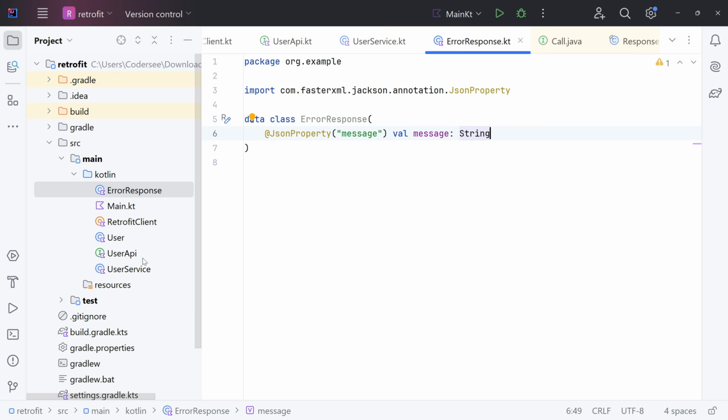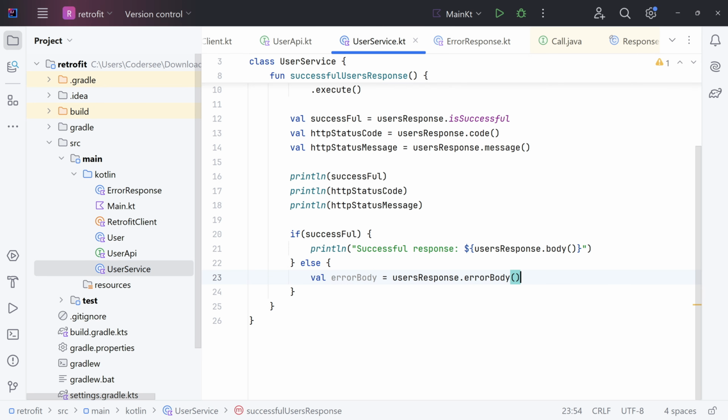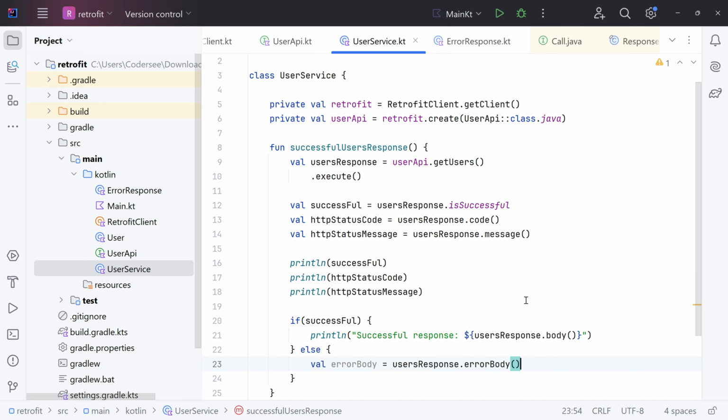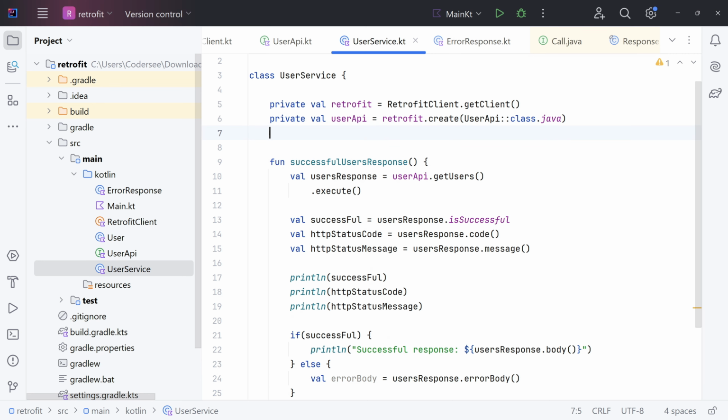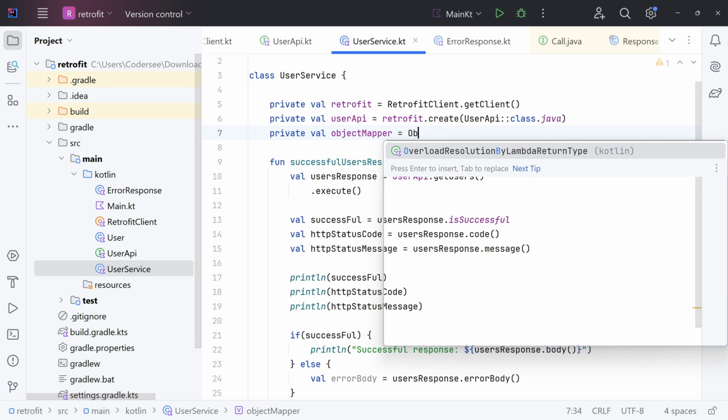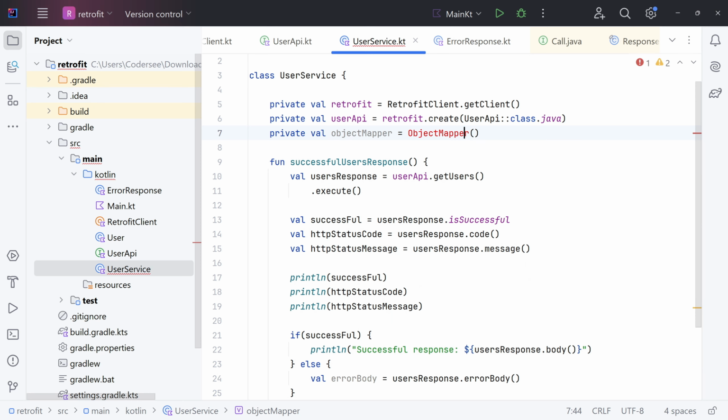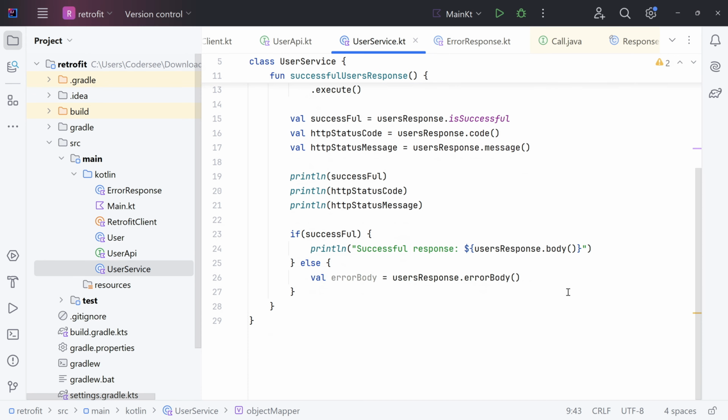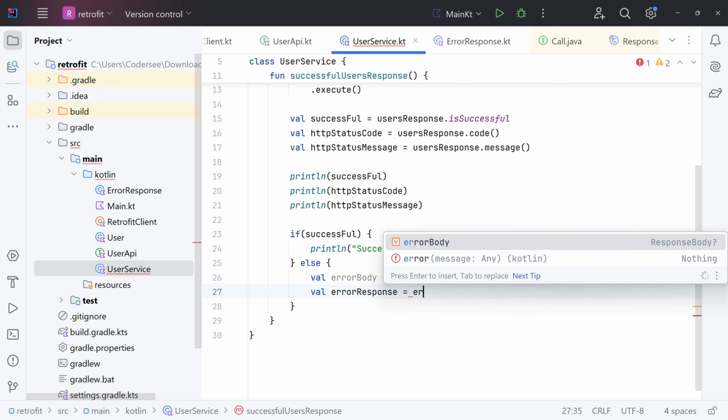Wonderful. Let's get back to user service. And when working with Jackson library, we need to instantiate the object mapper and read this value to obtain the body of the error response. So I'll introduce object mapper, private val object mapper equals object mapper from Jackson, Alt plus Enter, import. And here, whenever the error body is not null, I would like to deserialize that to error response instance. So val error response equals error body dot